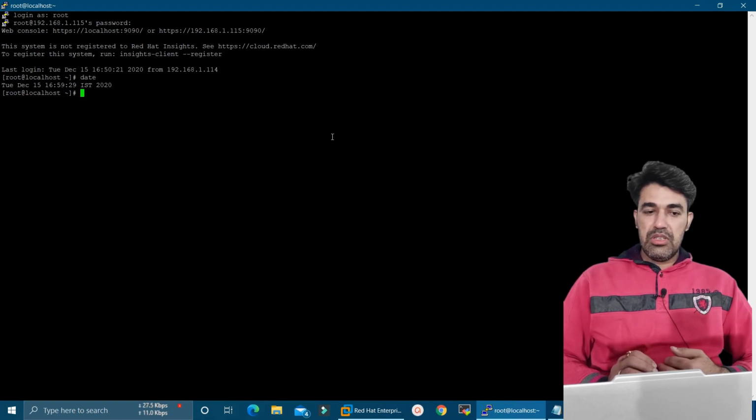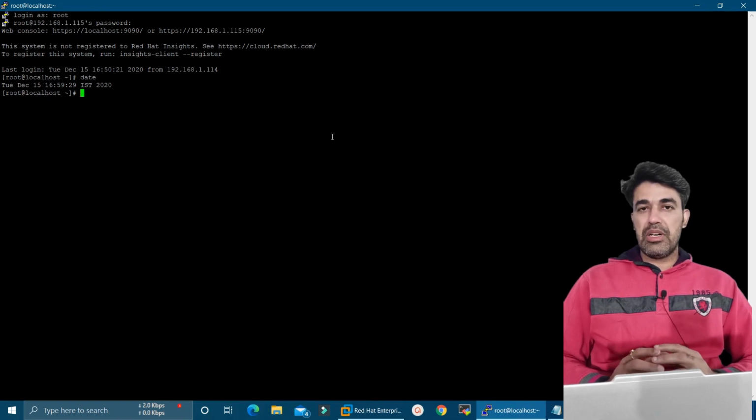If we are able to set up the SSH inactivity timeout successfully, then it will give us a warning and it will log out the session. It won't let us use the terminal after 1 minute. So we are going to wait. Let's see whether we get the response or not. We are still waiting.